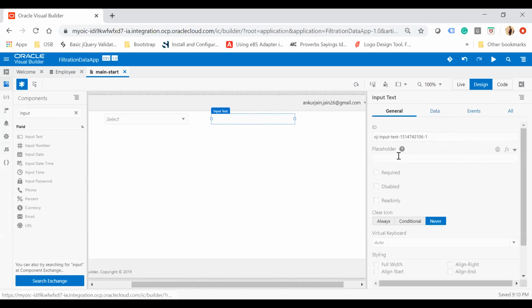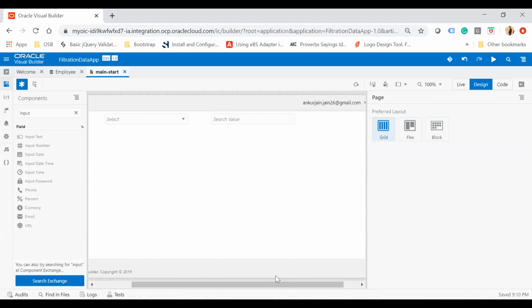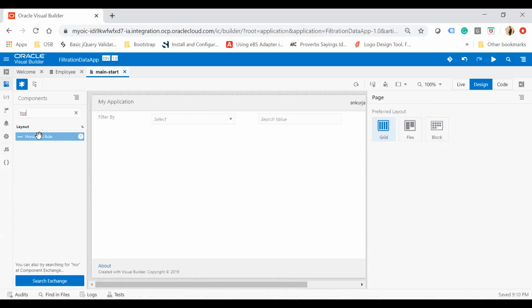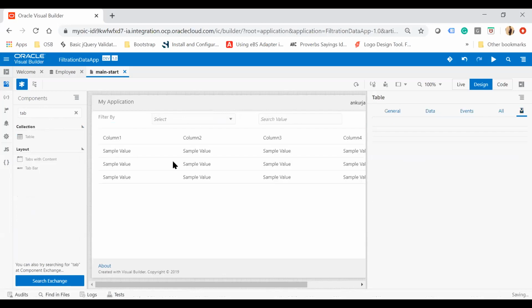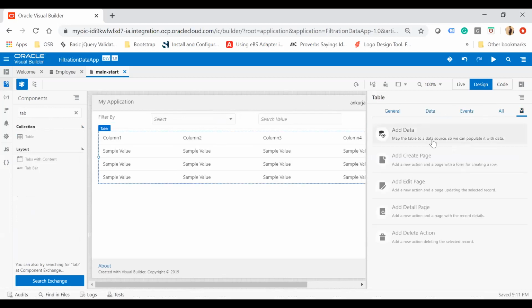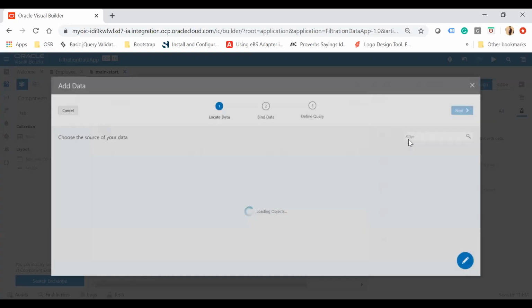Here under this general tab, I can put a placeholder. I can say search value. Okay. Now I'm just going to put a horizontal rule over here, and then put a table. Search a table from here, and then just drop it over here. So I will bind this table with my business object. Just click on add data,